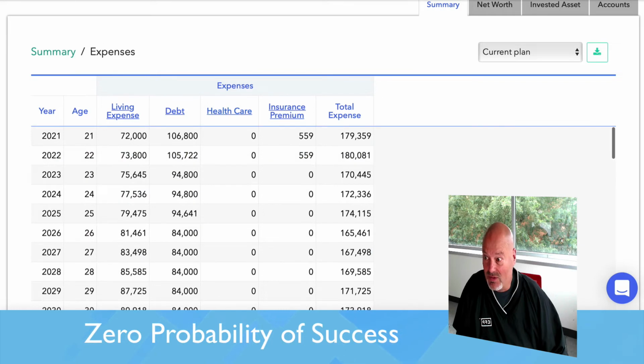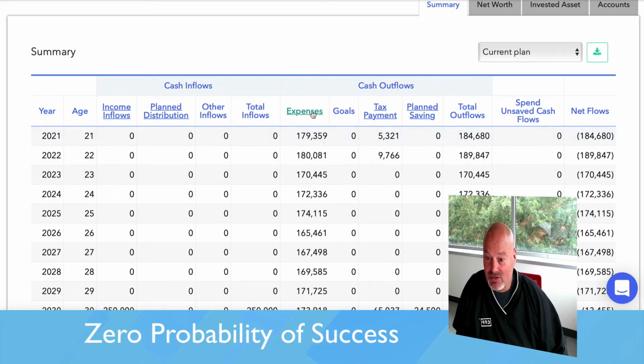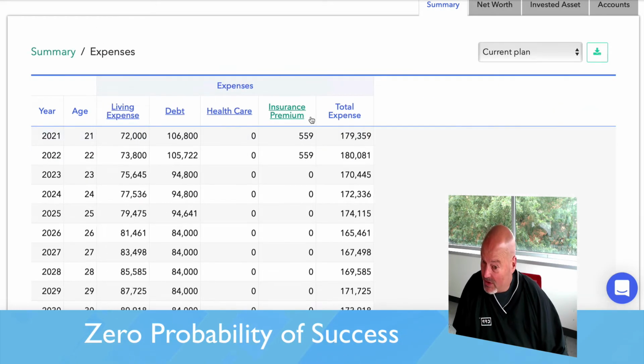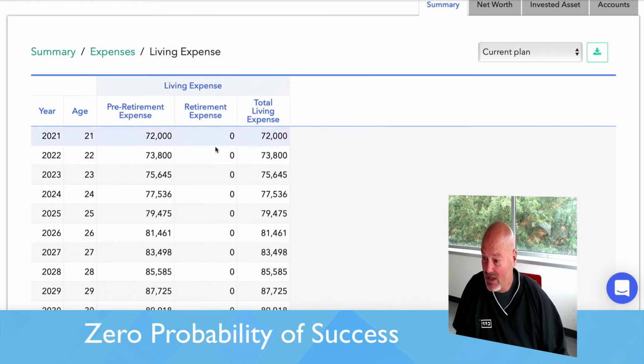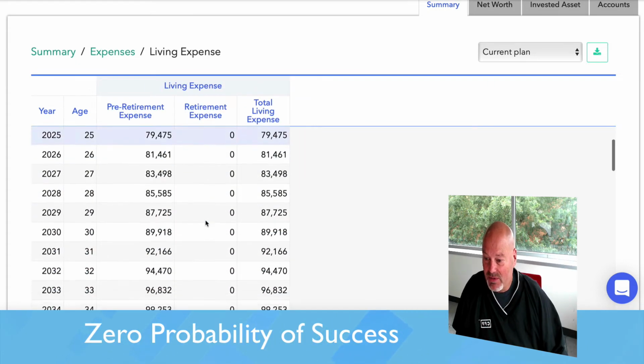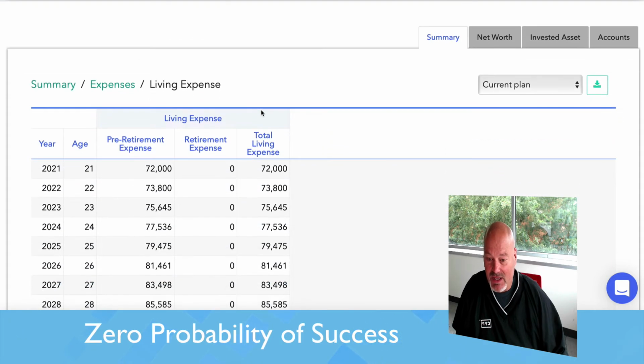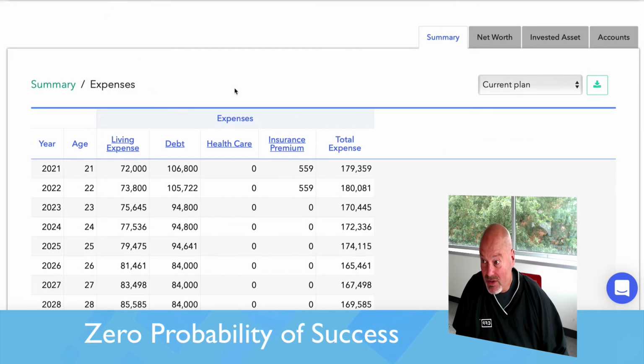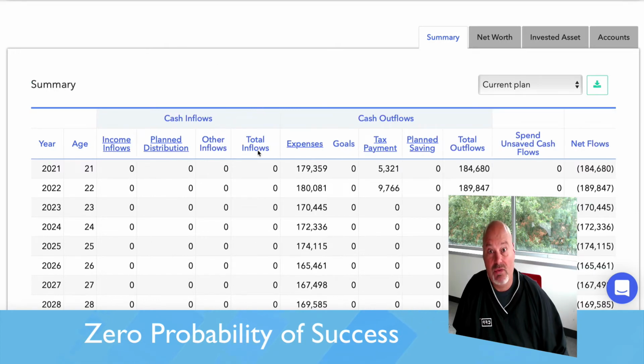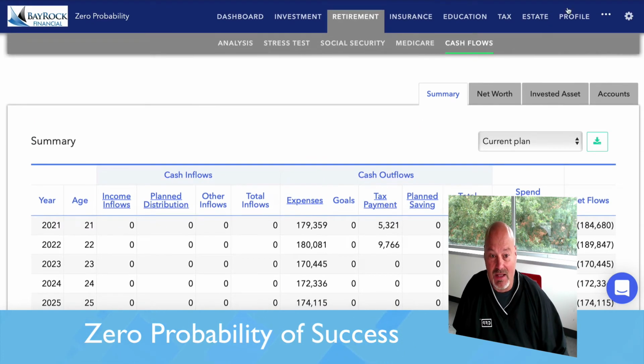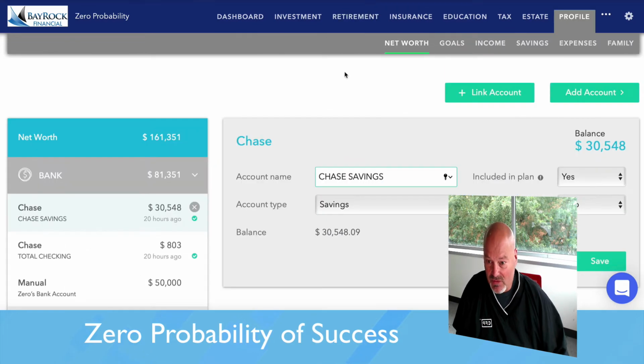So you saw what I did there. I just clicked into the expenses to do a little deeper dive, and I can see that the pre-retirement expenses are pretty high. So this student appears to be spending a lot of money on expenses with no income. So how do you fix that? That's really easy. Jump over here to income,